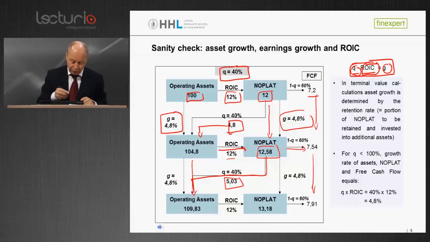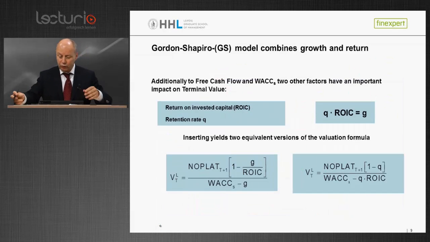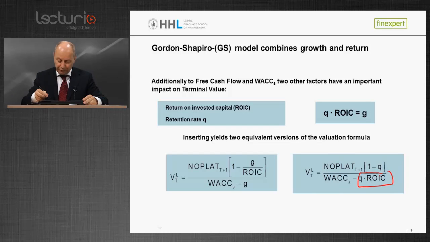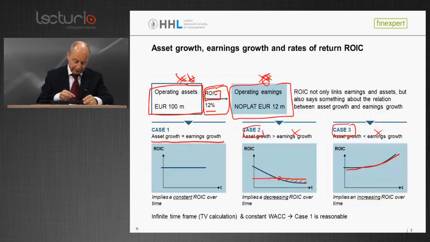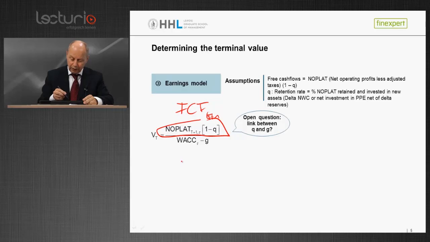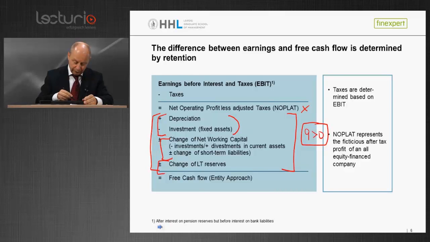So finally, taking this relationship and plugging it into our equation, we can do this in two ways. First, taking our equation from above, remember the NOPLAT equation, we can now plug in this relation in two ways. The first one is we simply replace the growth rate by the combination of Q and ROIC, or we simply solve this triangle for the retention rate and then plug the ratio of